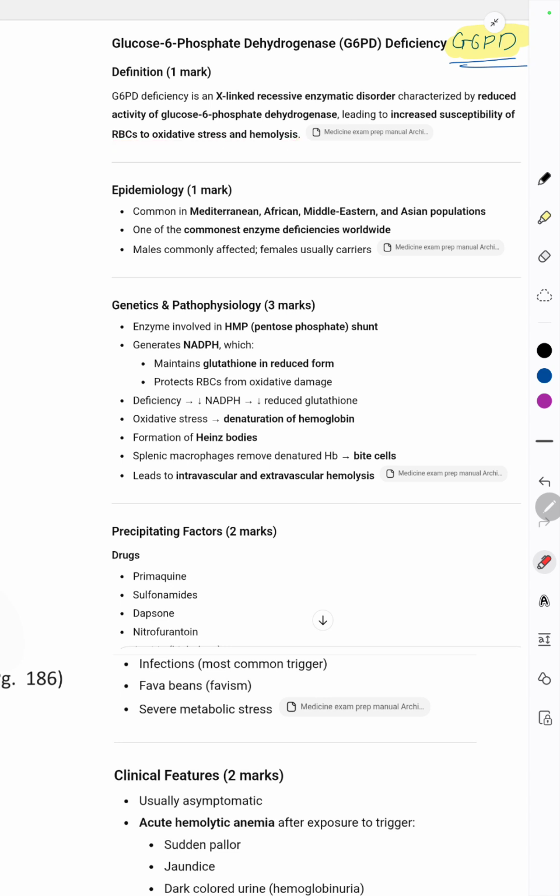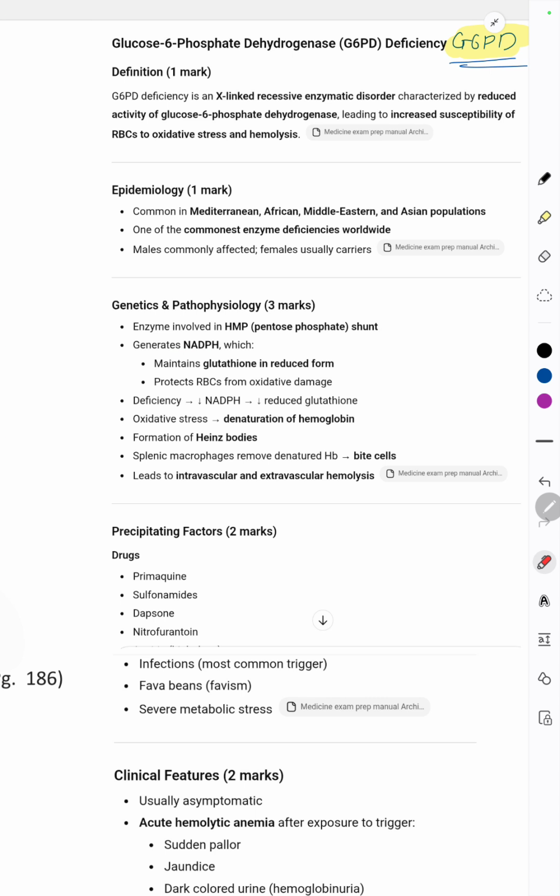Now it is common in Mediterranean, African or Middle Eastern areas. It is one of the commonest enzyme deficiencies worldwide. Males are generally more commonly affected. The enzyme involved is G6PD, glucose-6-phosphate dehydrogenase. It is seen in the HMP pathway or pentose phosphate shunt pathway. It generates NADPH, which maintains the glutathione in the reduced form, and it protects the RBC from oxidative